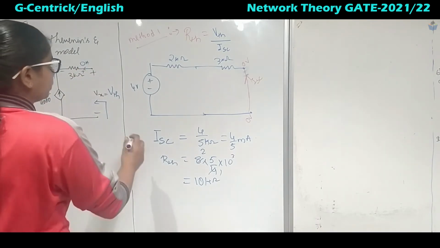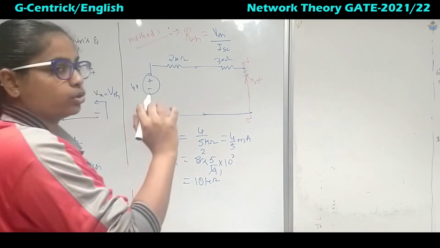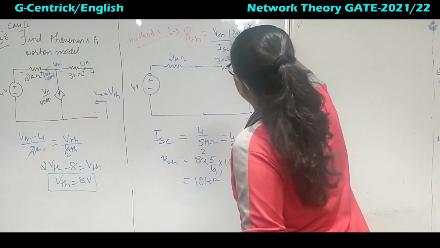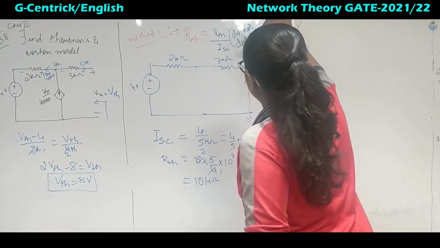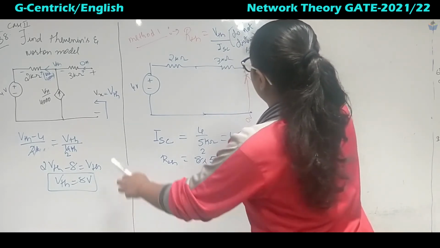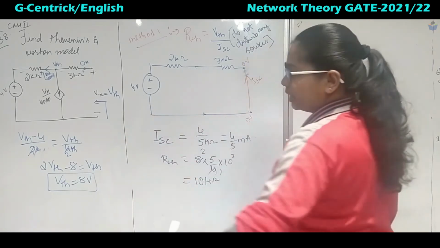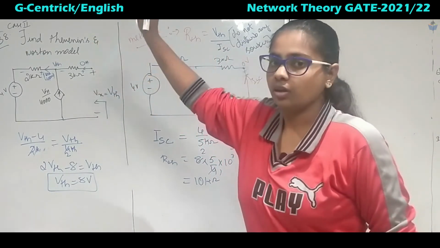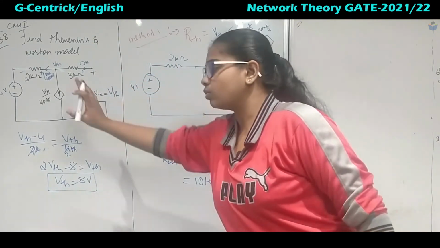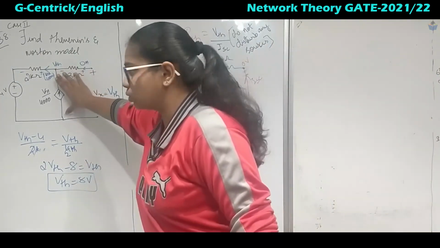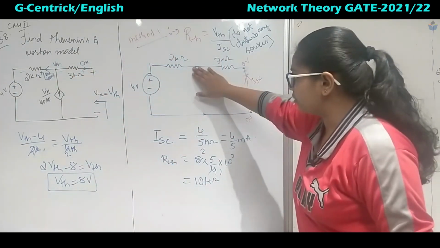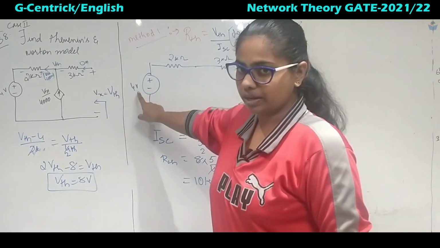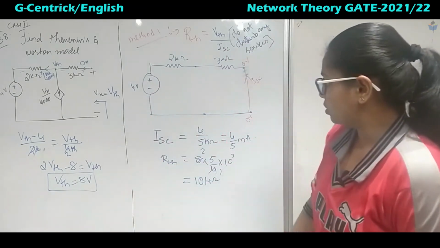Now in method 1, you have to not disturb any sources. You should not disturb any of the independent or dependent sources. Here we have disturbed the dependent source because no current is flowing through that branch, or 0 volt appears across this branch. That is why we have eliminated this branch, but you cannot disturb the active or independent voltage source. So this is method 1.